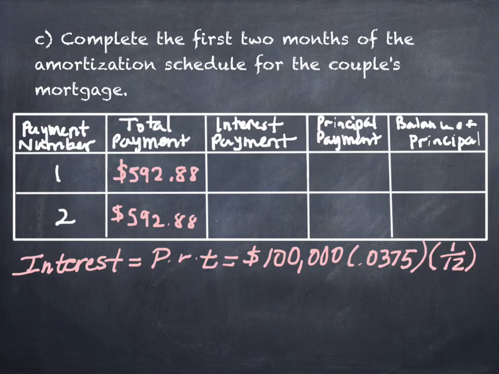I mean, there are other ways of calculating it, but everything you're going to do with your book is a monthly payment, so you're going to do 1/12. All right, did you get a value? 312 what? So take a look at that. Month number 1, you pay almost $600 for your payment. More than half of it goes to the bank for them to put in their pockets, right?